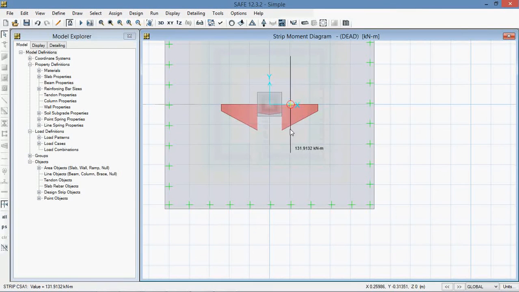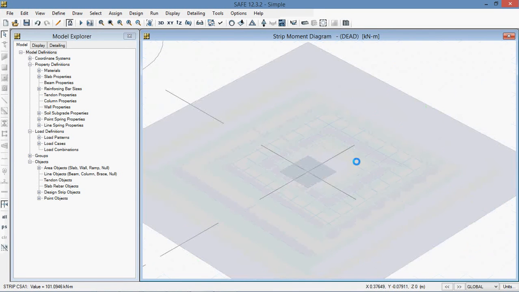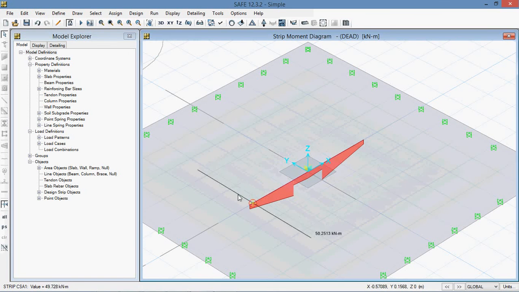These are your strip forces. If you go and click on 3D, you can see. So as you are moving away, it is reducing. But the point is here that it might be considering the original size, so you have to check for the revised